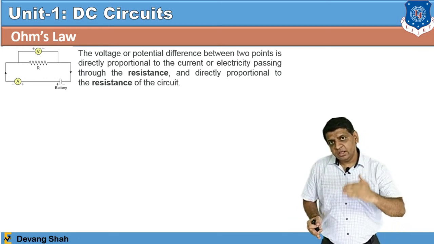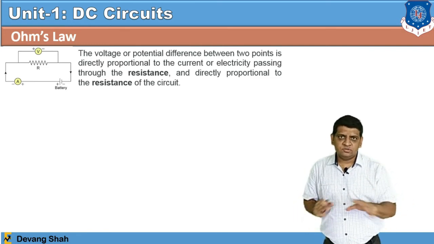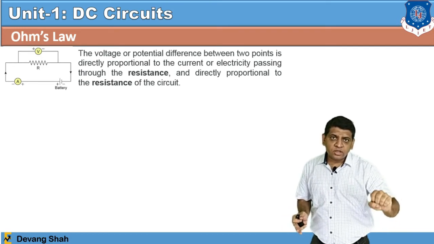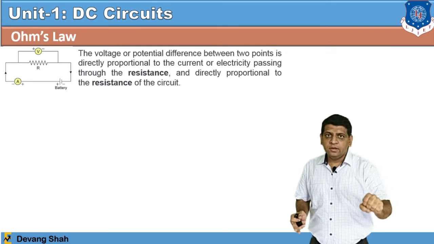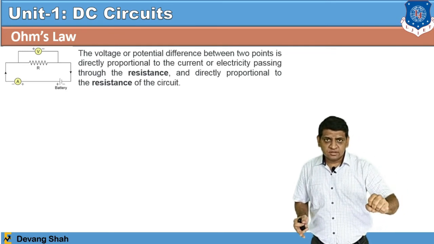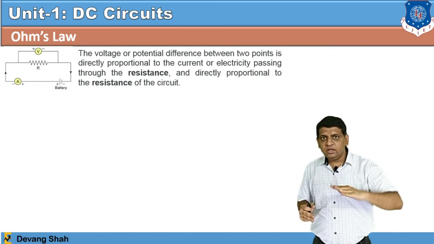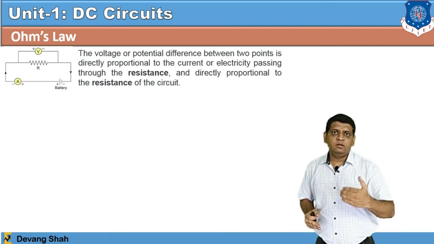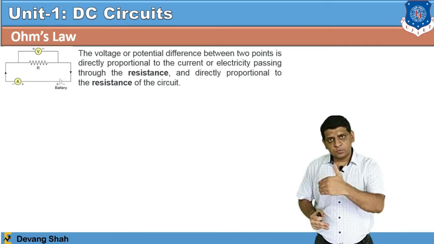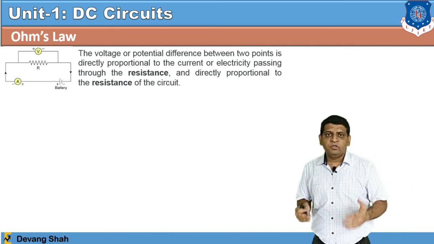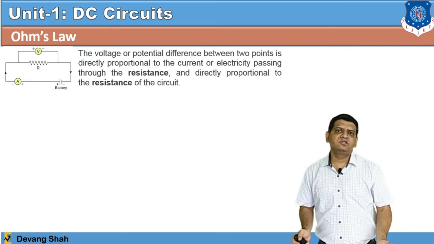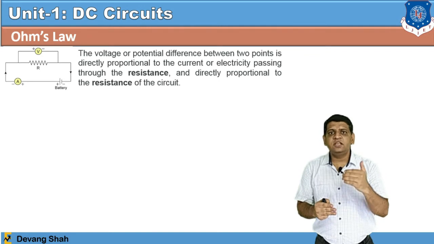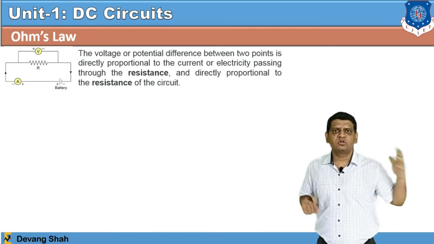When the resistance is high, consider the accelerator of your vehicle as the voltage. Even if you keep the voltage constant, that is, the accelerator at a constant rate, because of the uneven road, the crowded area, and the traffic, you cannot drive your vehicle at a very fast speed. The speed of your vehicle you can consider as the current. So when the resistance is high, the value of current is low. This is one relation: resistance is inversely proportional to current if the voltage is constant.